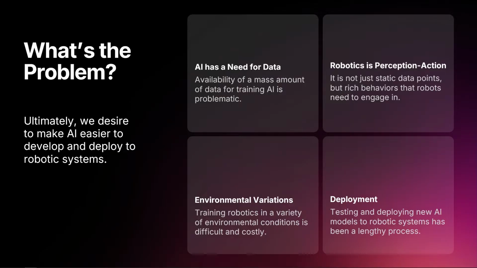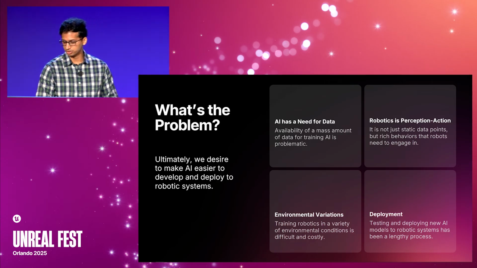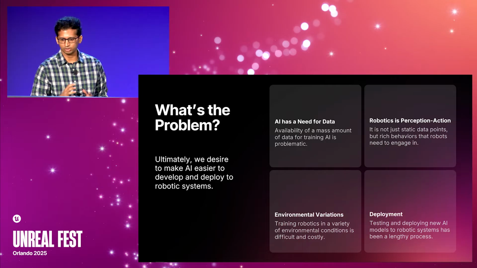And that, again, leads to environmental variation. You've got robotic arms, quadrupeds, humanoids and drones, and they all live in, or expect to live in, very distinct worlds. And at the end of it all, this is a little bit beyond what we're discussing today, but also testing these models, if you've built any AI models, testing them in real life involves way too much effort and has its own challenges. So can you train using simulation? Can you test using simulation? Is there a concept of a robotic CI/CD almost, where you're using simulation as a primary component? All of these are open questions today, and solving all of them is pretty much required to really get to robotics at scale.